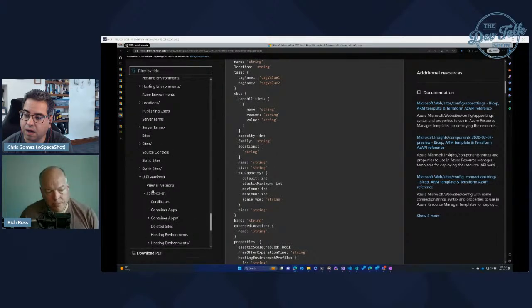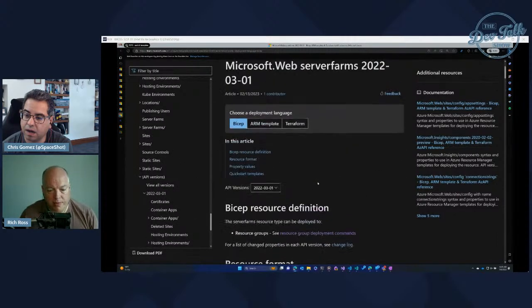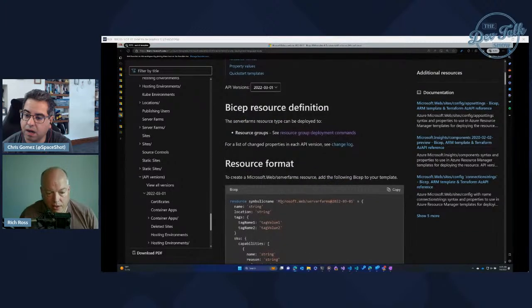You'll see if we go back up to the top here, when we define the bicep resource, it's like, well, what are you looking for? Well, we want a web server, or an app service, as we call it on the portal. We also have this section here, which is a version number. So these definitions get modified over time as new features get rolled into it, or as things happen. So to make sure that things stay backward compatible,